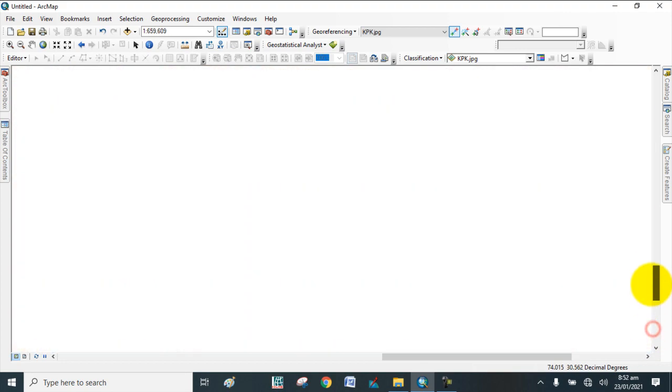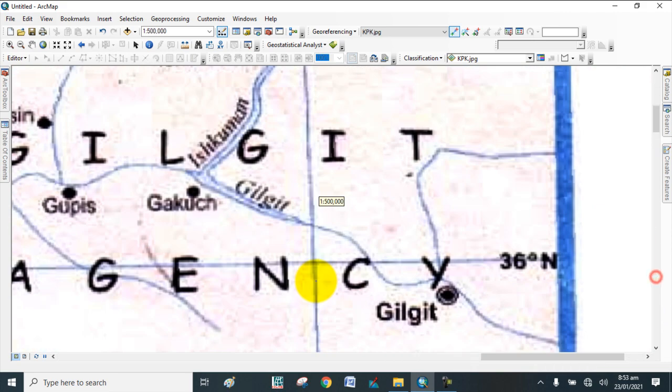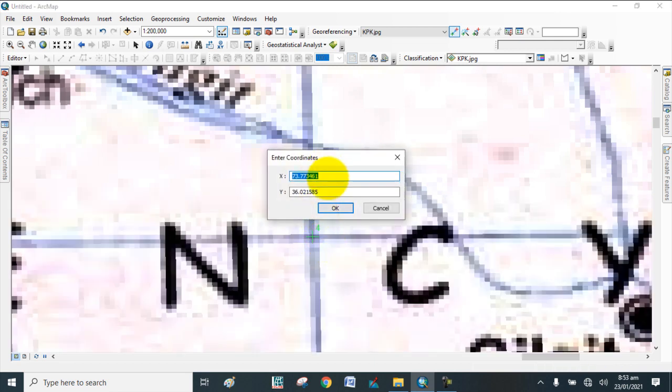Okay, zoom up to the extent in which we can clearly see the intersection line of latitudinal and longitudinal value. Click on it. By the same way, we can add the fourth control point to the map.